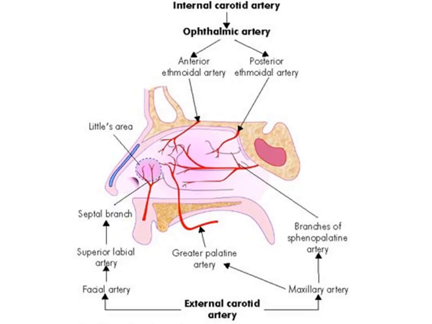Now, the blood supply or vascular supply of the nasal cavity is very important clinically as well as anatomically. We have two major arteries here: internal carotid artery and external carotid artery. Both of them supply the nasal cavity. Internal carotid artery gives a branch called ophthalmic artery, and two arteries, anterior ethmoidal artery and posterior ethmoidal artery, come out from ophthalmic artery and supply the nasal septum,